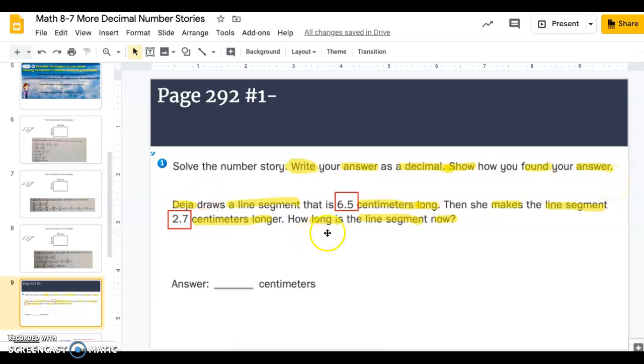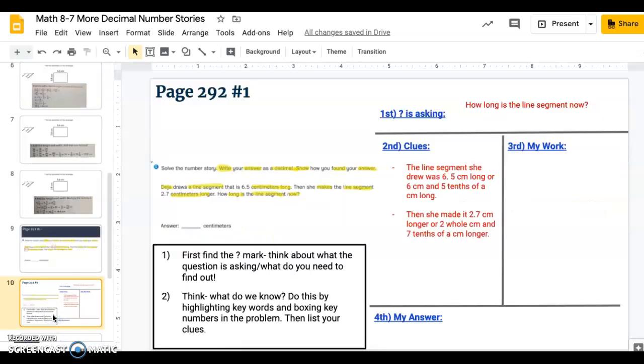So let's look back here. We know it's asking how long the line segment is now. We know Deja draws a line segment. I boxed my key number 6.5 or 6 5/10. And that line segment we know is 6 5/10 centimeters long. Then she makes the line segment 2.7 or 2 7/10 centimeters longer. If I set up my T-chart, if that's a strategy you use, then I would start by first looking at